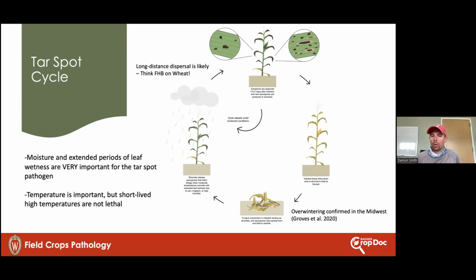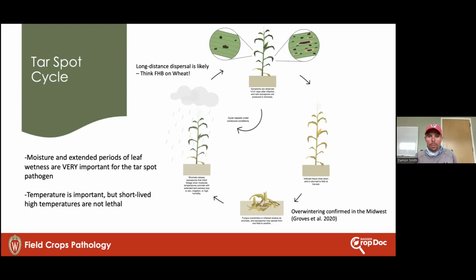Those usually start in the lower part of the corn canopy. And then we do need rain to move it up the canopy. But what we're learning is that we actually need wet-dry cycles to start to get the infection and symptom development. And I'll talk a little more about what that actually means here a little bit. So moisture is really important, but it's also alternating with these extended dry periods. And that's something that's kind of hard to wrap your head around, and we're still learning a bit about it.